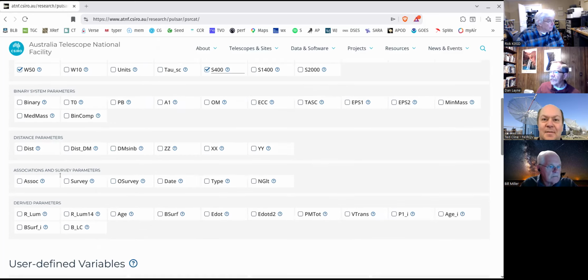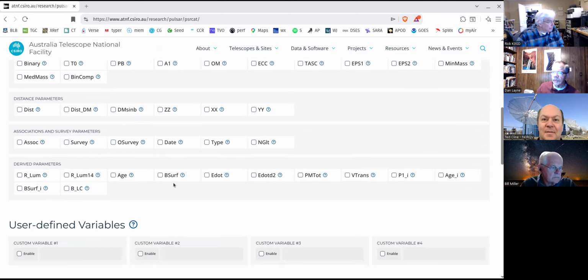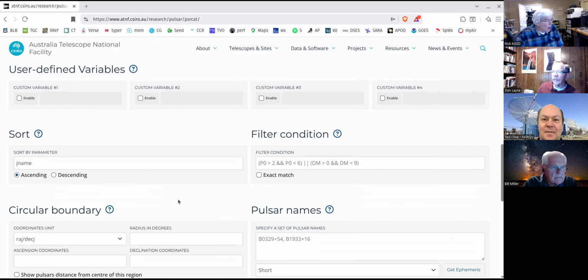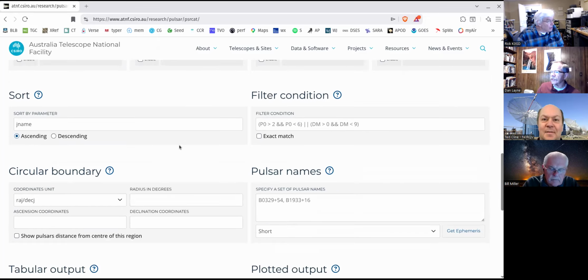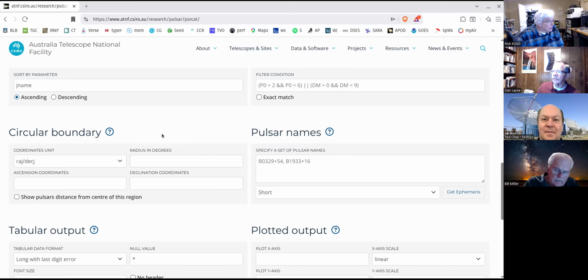Distance parameters, we don't need the surveys. Derived parameters are interesting sometimes to look at. This is where you get the surface magnetic flux density that's calculated, or its characteristic age, and those things are all available. Like any database, you can define parameters and search it any way you want by pulsar names or